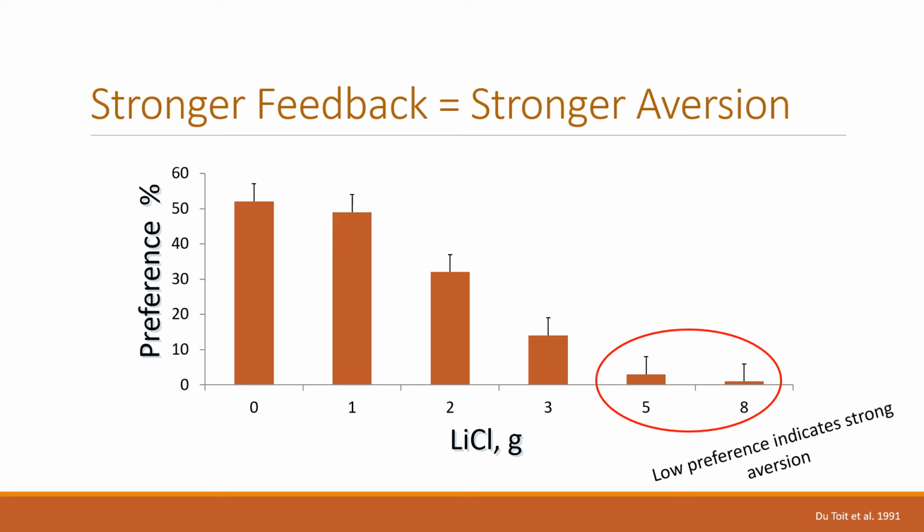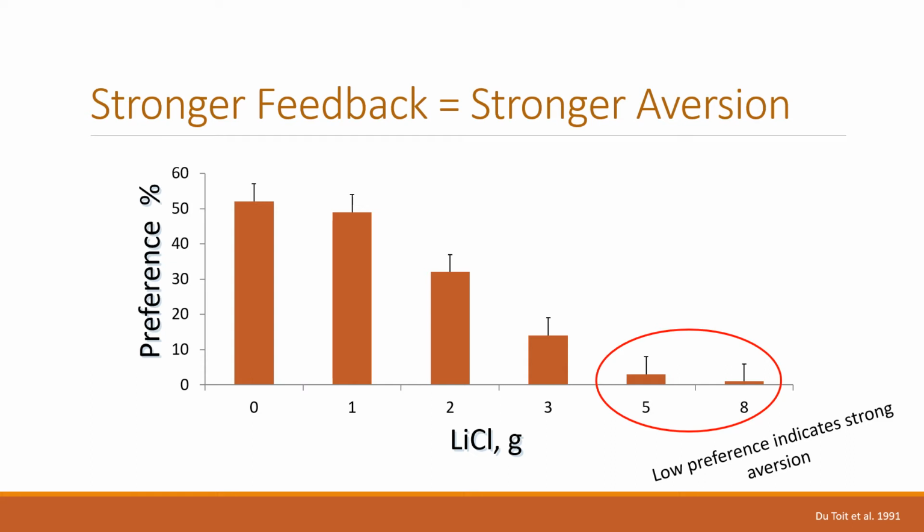So he had 8 groups of sheep. He gave them a grain, and then after the grain, he gave them a capsule of lithium chloride to induce nausea. So one group, the control, got no lithium chloride, so apparently no nausea. Another group got maybe a little bit. Group 1, they really didn't avoid the grain. In the future, group 2 got some, 2 grams, and then there was 3 grams, and then 5 grams and